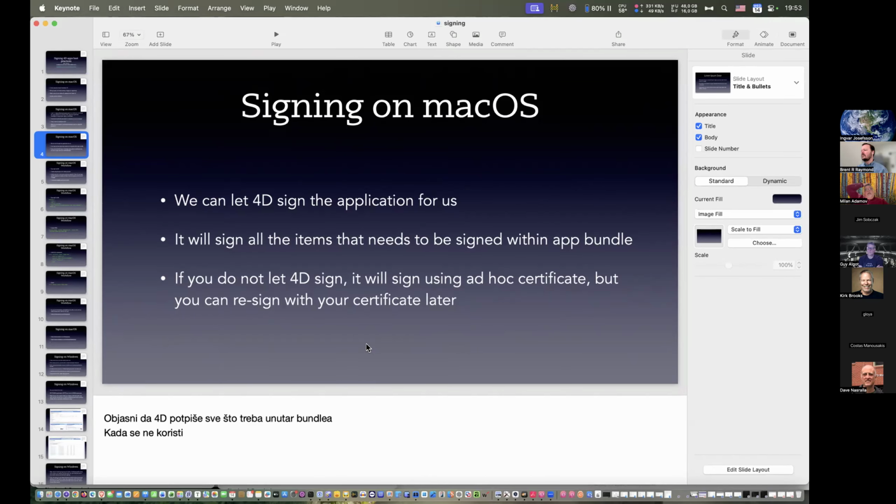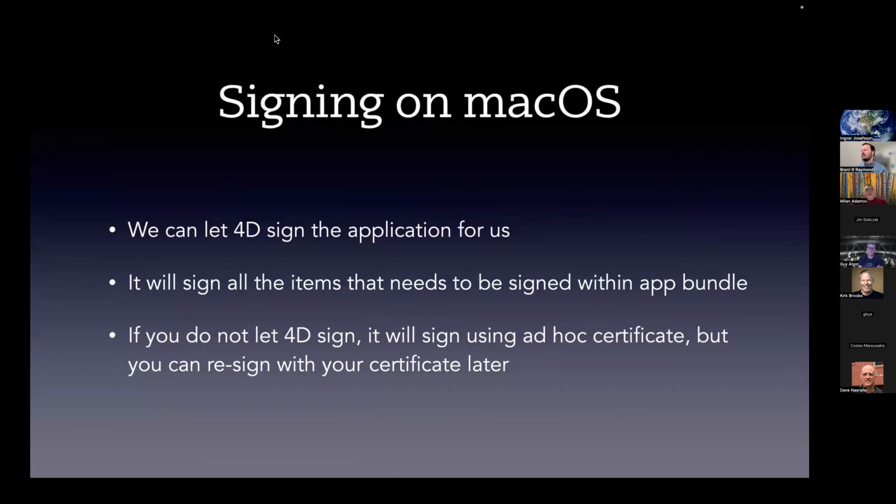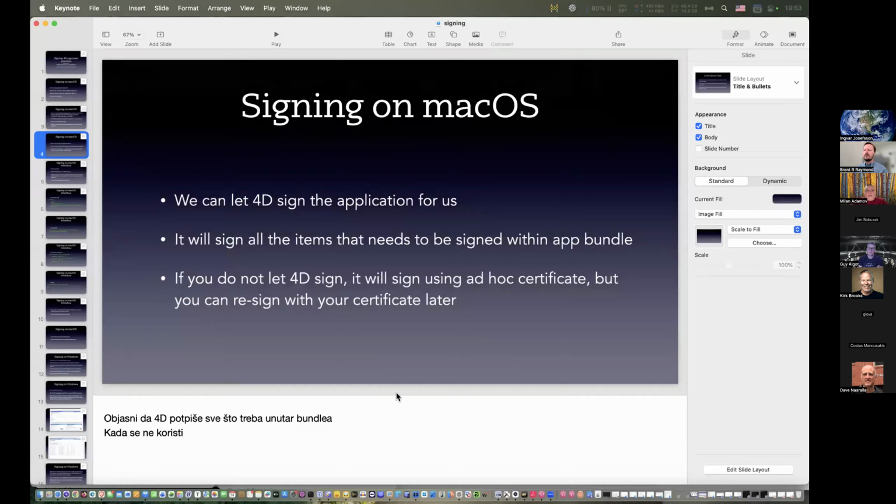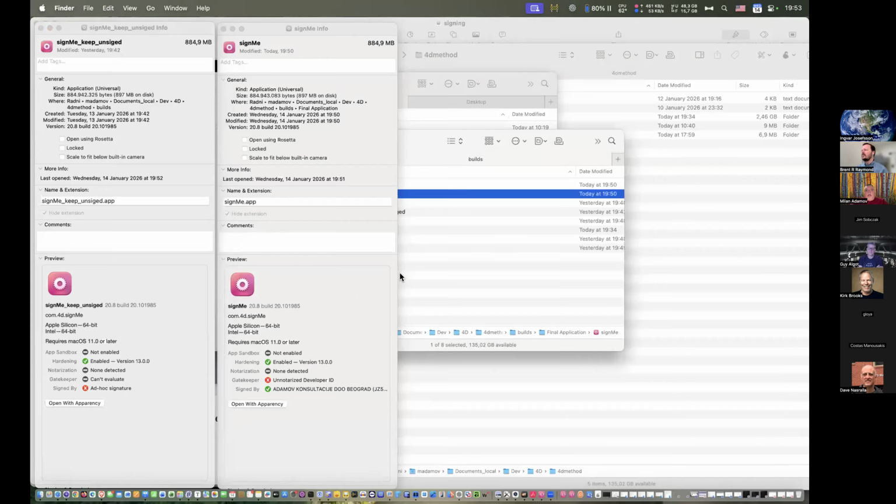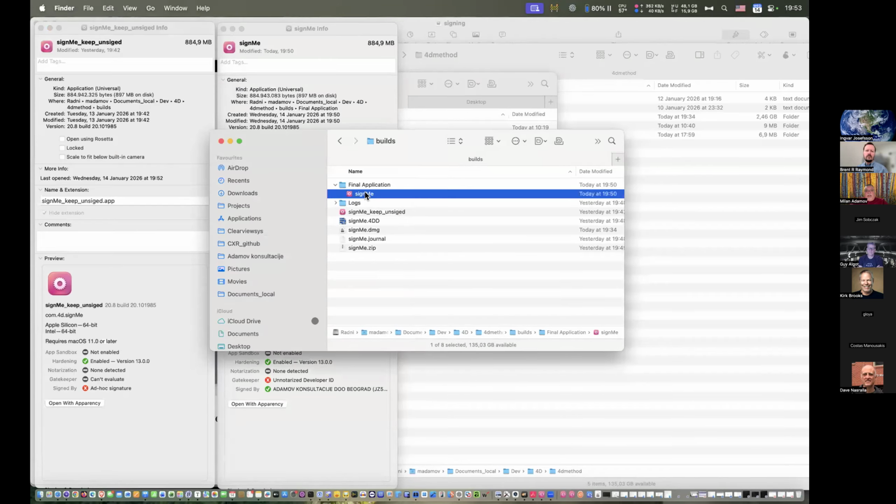Since you're doing a build with 4D, 4D is packing everything for you and making this package here. You need to put something in it after the signing, so macOS will complain. It says you tampered with the file.